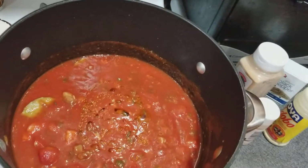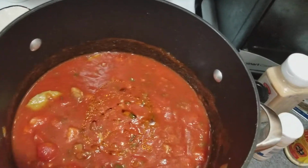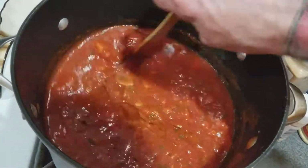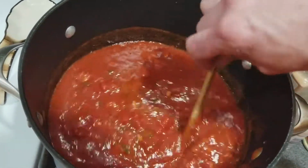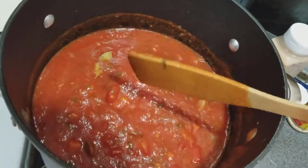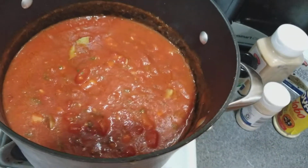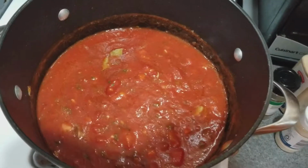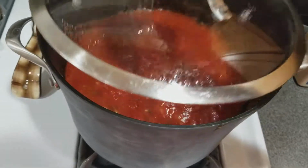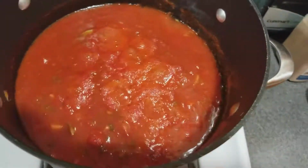But this is something you can always take a spoon and ladle it off the top later on if it's too much for you. But I like to get it into the flavor of the sauce. You'll see it'll start to separate later. But we're going to put the top on this and let it go for a little bit and see how crazy it simmers, and then adjust the heat as needed. Okay, it's been just a couple minutes. You can already smell. It smells